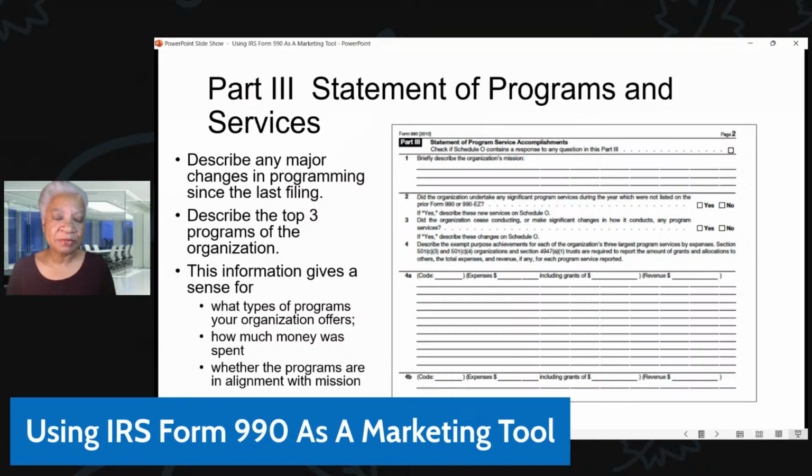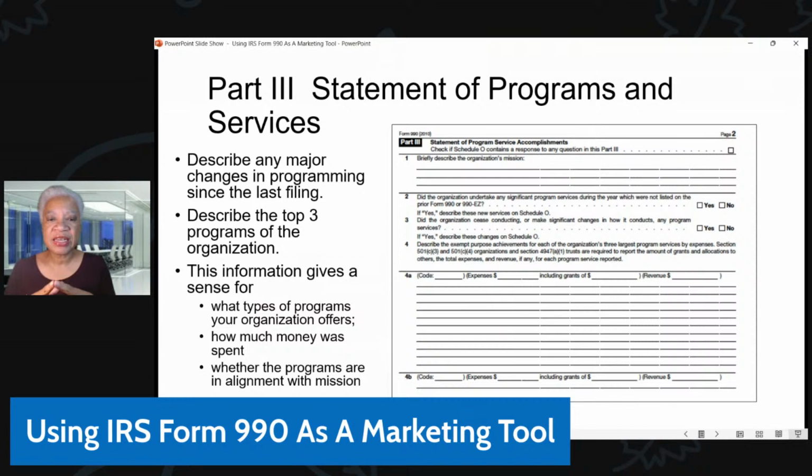So enough of that. One of the best sections, I think, for marketing purposes is Part 3, statement of programs and services. Here you have an opportunity to share your mission. And some organizations, rather than talk about their mission, because their mission may be very, very short, very, very broad, and might not give a good sense for the work they do,